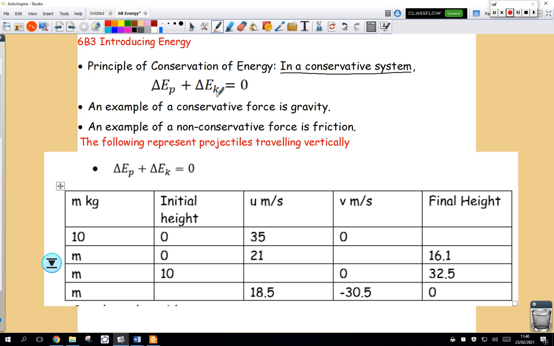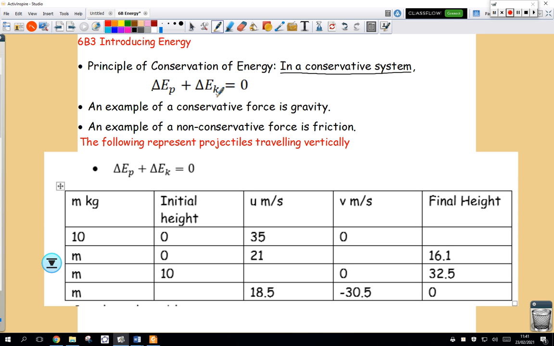So gravity is one example of a conservative force, throwing something up in the air. Gravity doesn't remove energy from the system. Friction is a non-conservative force. If I drag a sled across the ground, it generates heat, generates sound. Energy is being removed from the system